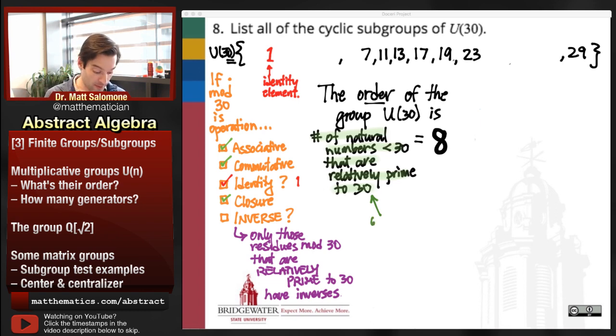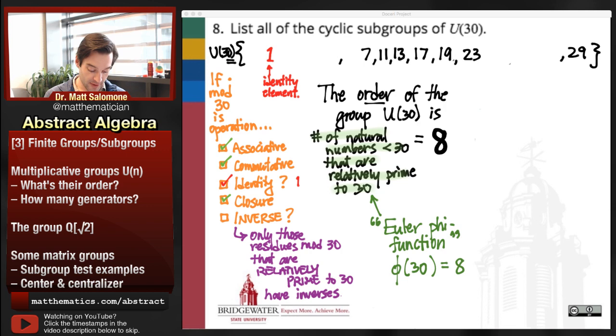And so this has a name attached to it. This is called the Euler phi function. Phi of 30 is equal to 8. And that is a definition. That's not a result. This is what the Euler phi function means. The Euler phi function means how many natural numbers less than blank are relatively prime to my blank. So when I feed the Euler phi function the number 30, the answer that comes out is 8, because there are 8 natural numbers less than 30 that are relatively prime to 30. If we want to, we can find values